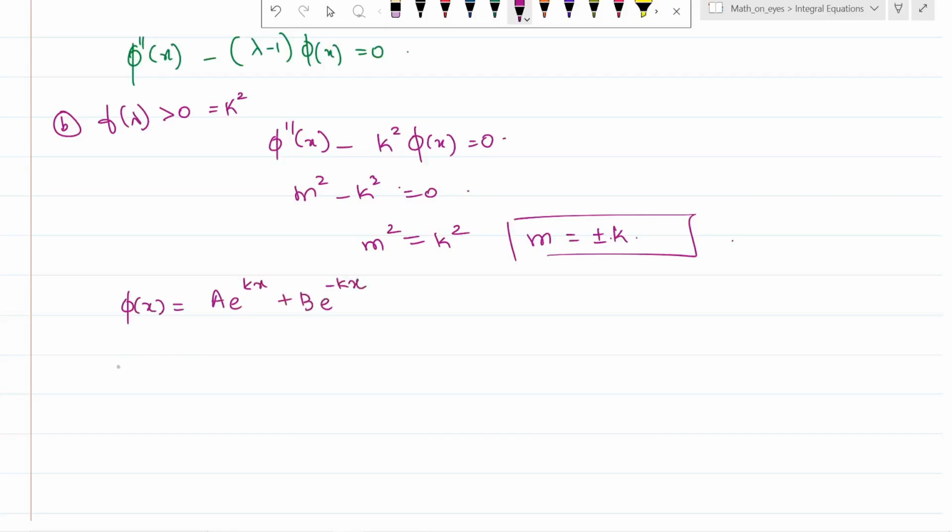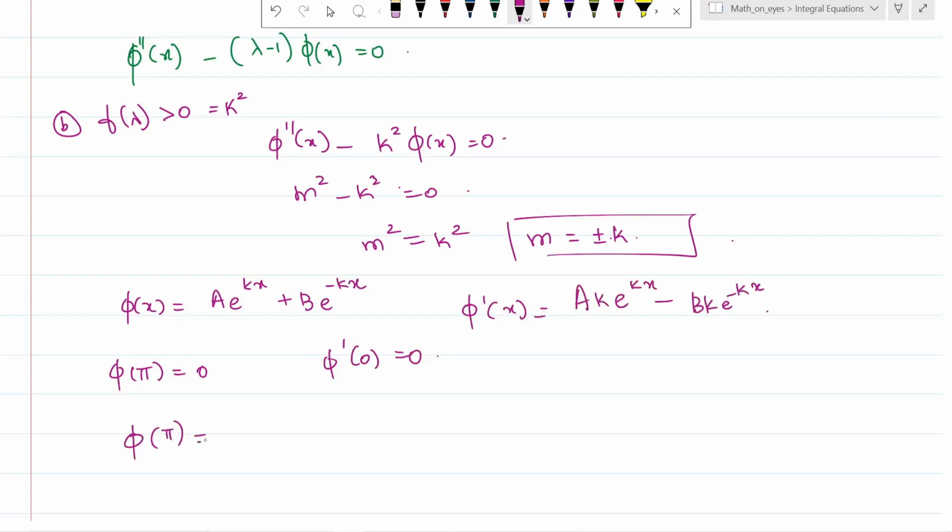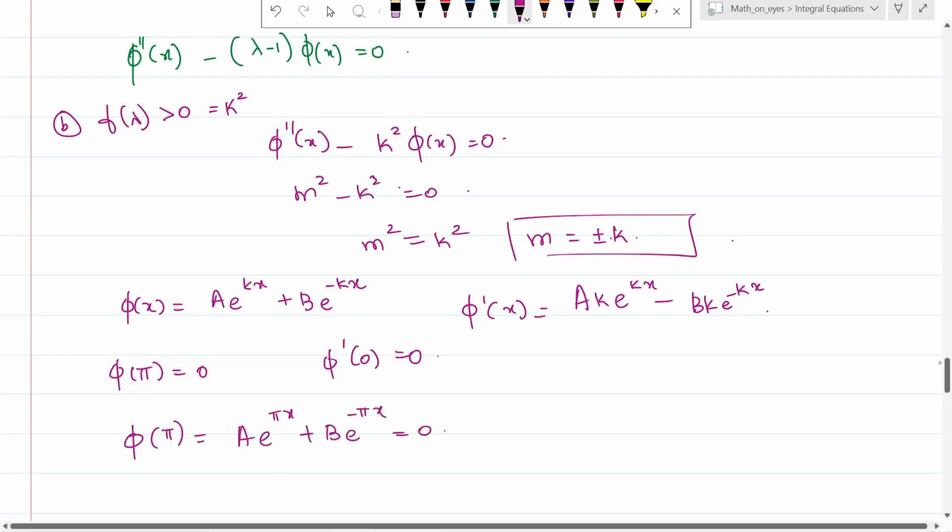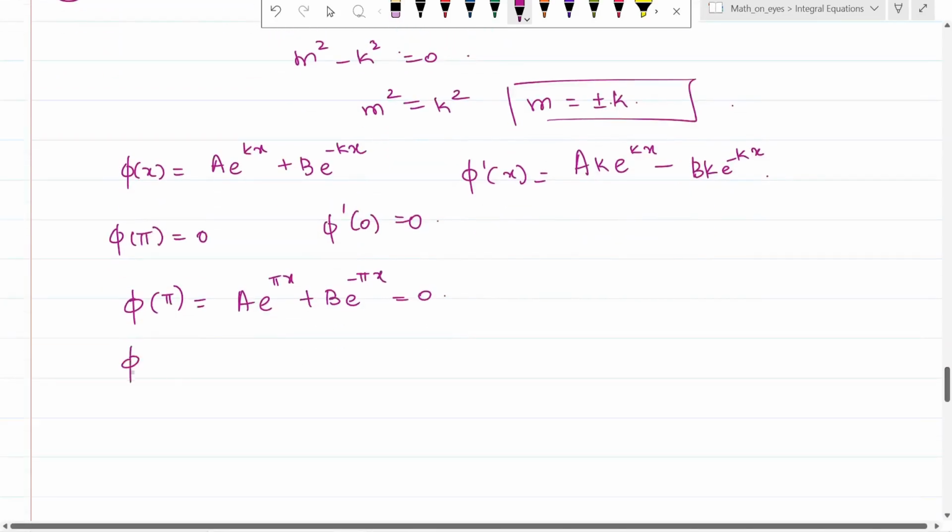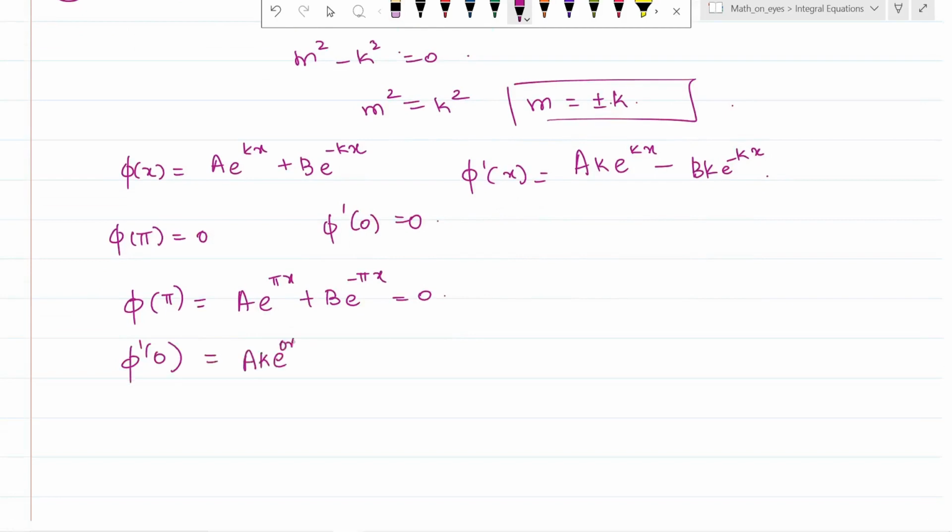So now we apply the boundary conditions. Phi of pi is equal to 0, phi dash of 0 is equal to 0. Take the differentiation, phi dash of x is equal to a k e to the power kx minus b k e to the power minus kx. So phi of pi is equal to a e to the power k pi plus b e to the power minus k pi is equal to 0. And then phi dash of 0 will be equal to a k e to the power 0 minus b k